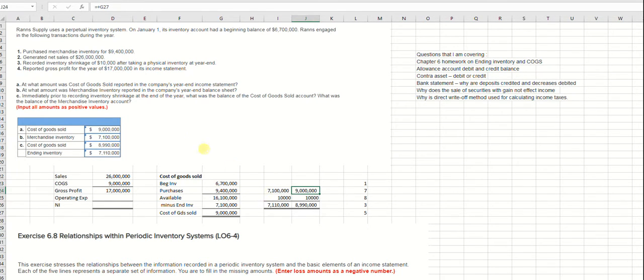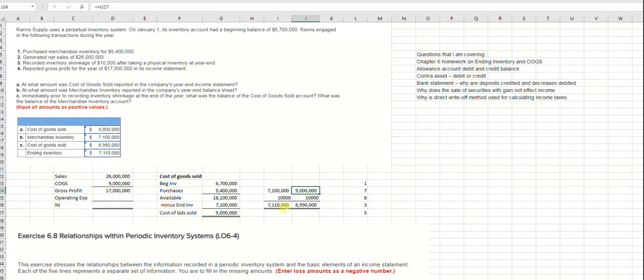Okay, so I know I had inventory shrinkage. So inventory shrank and ended up with 7.1 million. I went and counted it and got 7.1 million, and I know that inventory was lower than it was on my books because it shrank. Inventory shrinkage, theft, loss, spoilage, that type of thing. So it must have been